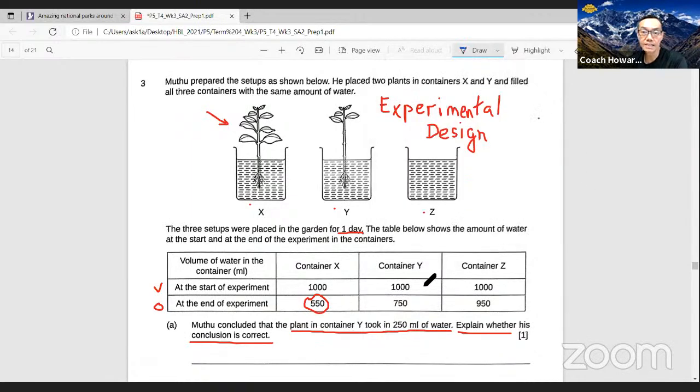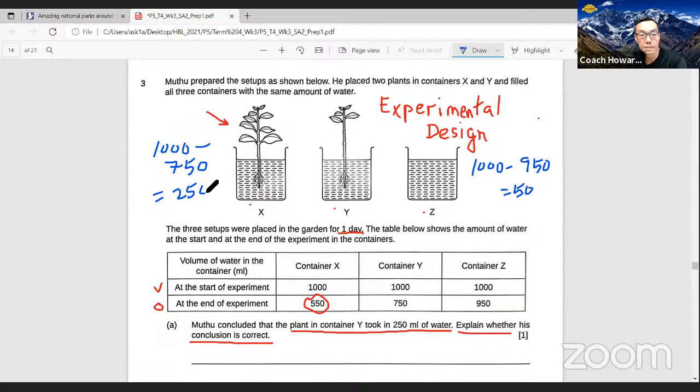Okay, let's calculate. So if you take 1000, which is the beginning amount, right? You subtract in container Z, right? This one, 950 is 50, right? Okay, in container Y, if you calculate 1000 minus 750, you get